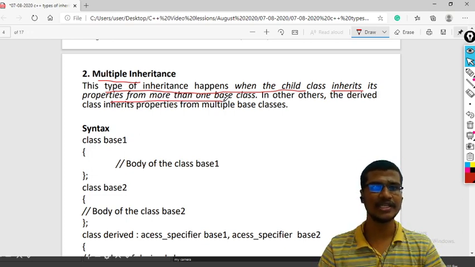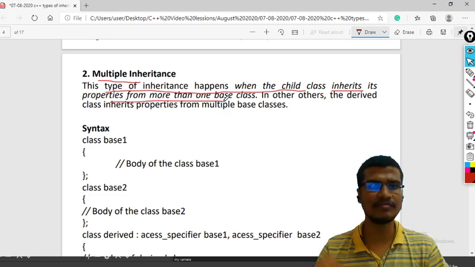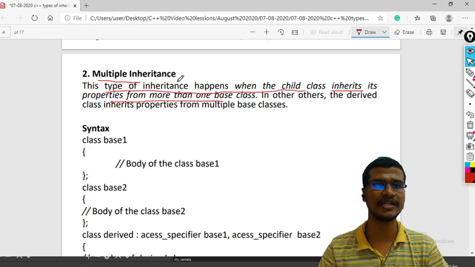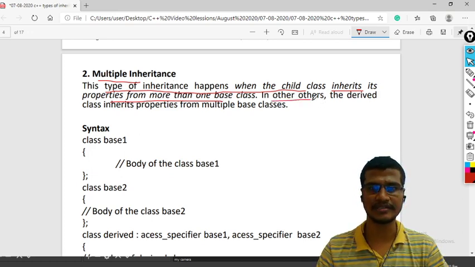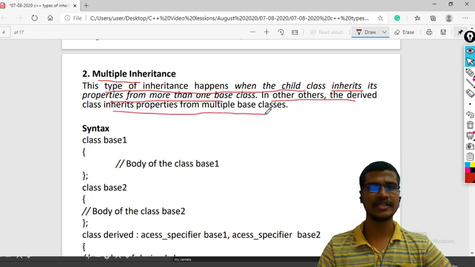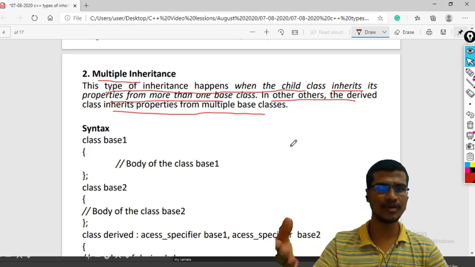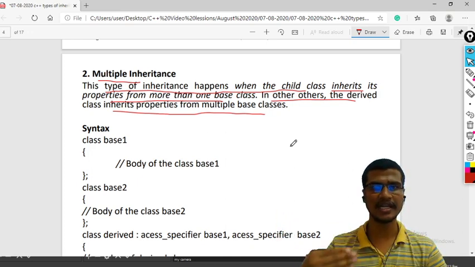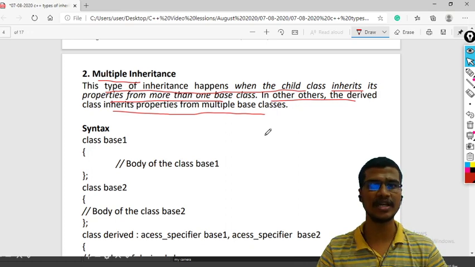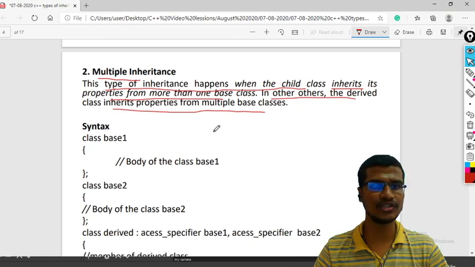If a class is derived from multiple base classes, then that type of inheritance is called multiple inheritance. In other words, the derived class inherits properties from multiple base classes. That is multiple inheritance.